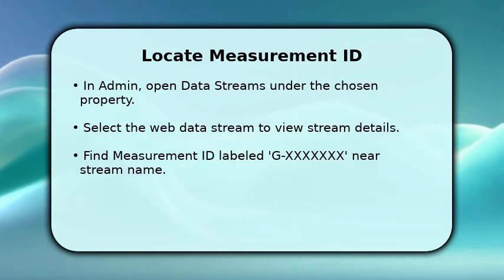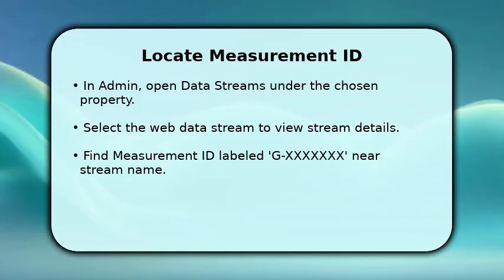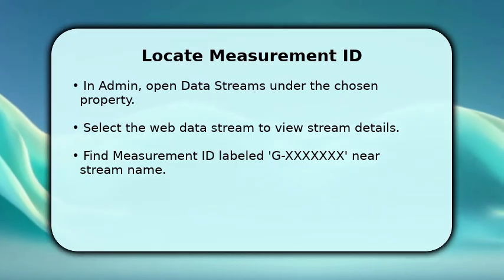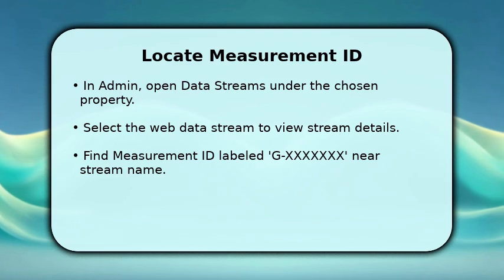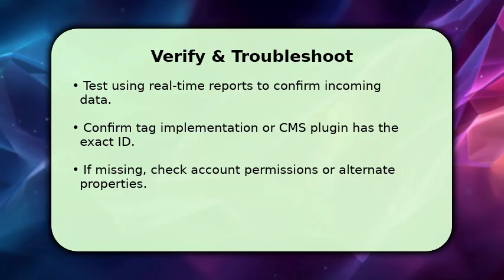On the Stream Details page, you'll see configuration cards. The measurement ID appears prominently near the stream name in the format G-XXXXXXX. Copy that ID. You'll use it to configure G-Tag, Google Tag Manager, or CMS integration, so events and page views start flowing. After copying the measurement ID, implement it into your site tag or CMS plugin, and then verify in